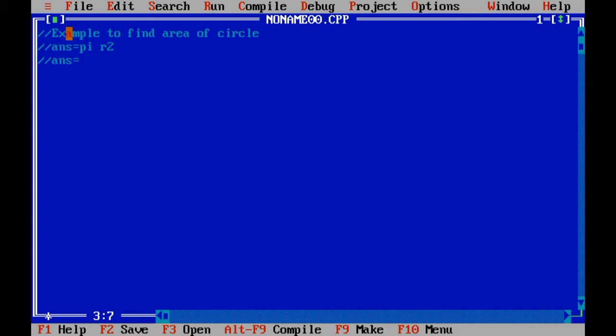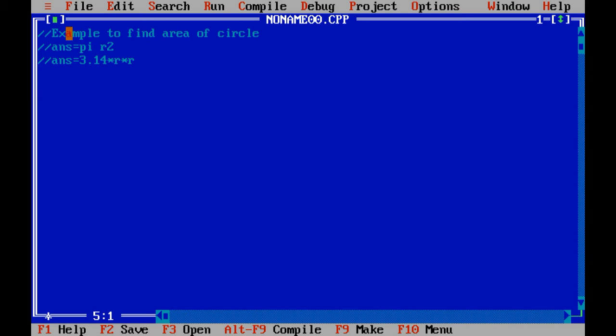So right now I am going to take the direct value, that means 3.14 multiplied by r into r. So here we have simplified our formula, pi r square, because we cannot write pi r square directly into the program.